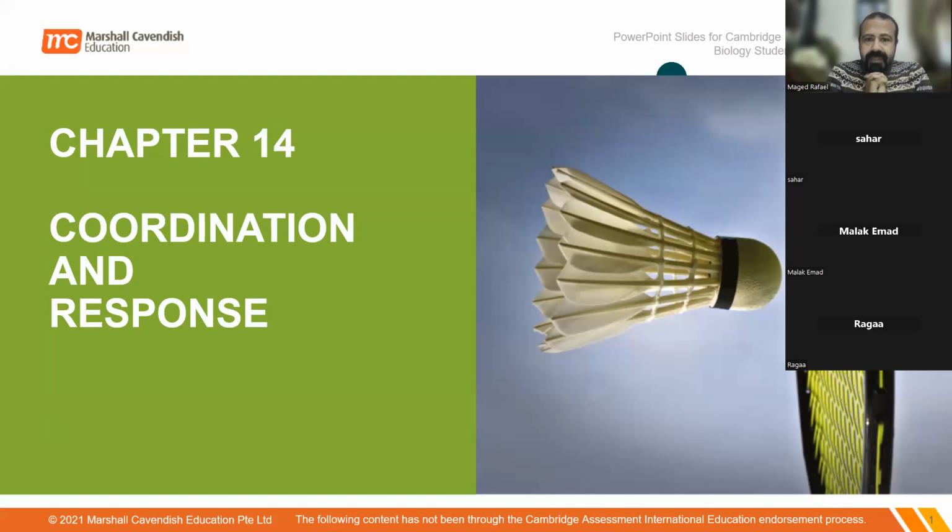Okay. For the topic of today, we will work on topic 14, coordination and response. What we have covered till the last session, the excretion topic, we have covered everything about the deamination process, filtration process or ultrafiltration, glomerulus, the reabsorption process happened in the tubules of the nephron, the loop of Henle, and the function of controlling the water adjustment. Everything that we have covered on the excretion was extremely important, but today we will work on topic 14, coordination